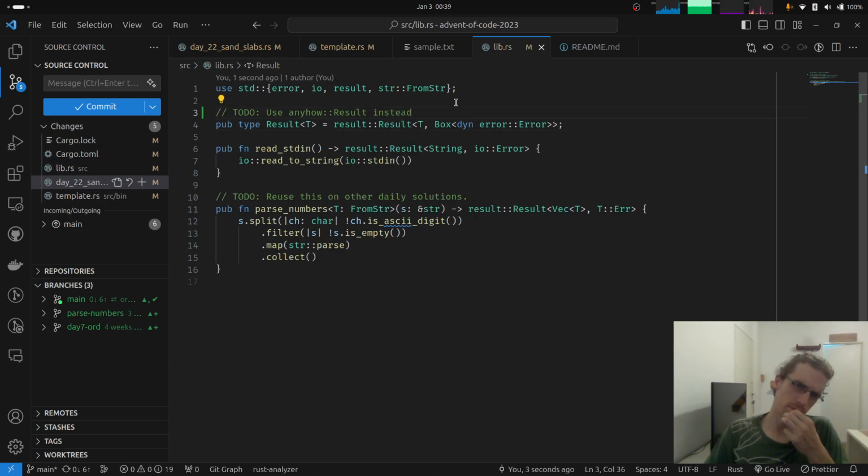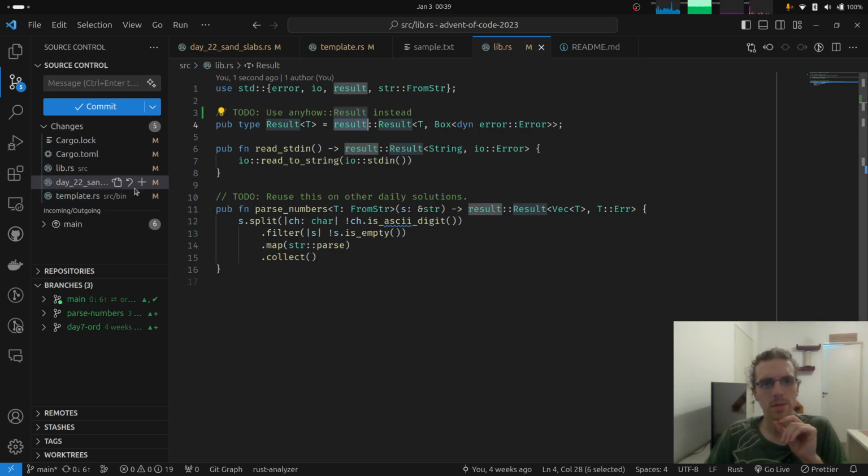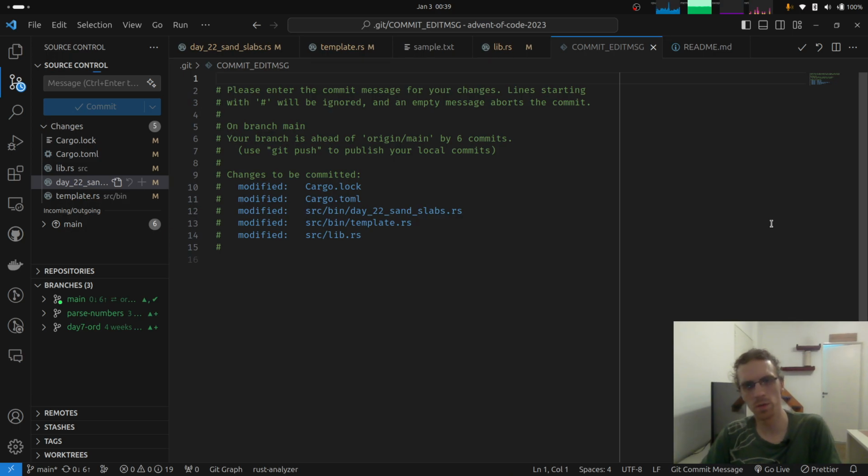I don't know if it will probably change, because we had to change that okay or to context. So maybe changing this type alias to be anyhow results will be a bit annoying to do. Well, it's not something that I will do now, but I will leave it as a to do here. But okay, this is nice. I do prefer it, and also I did want to try anyhow for a long time already, so this is a nice excuse to add it as a dependency. So let's say